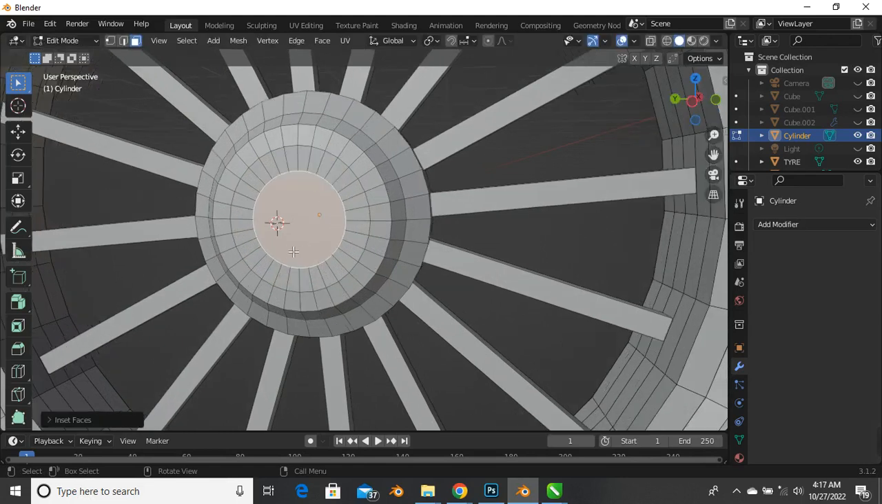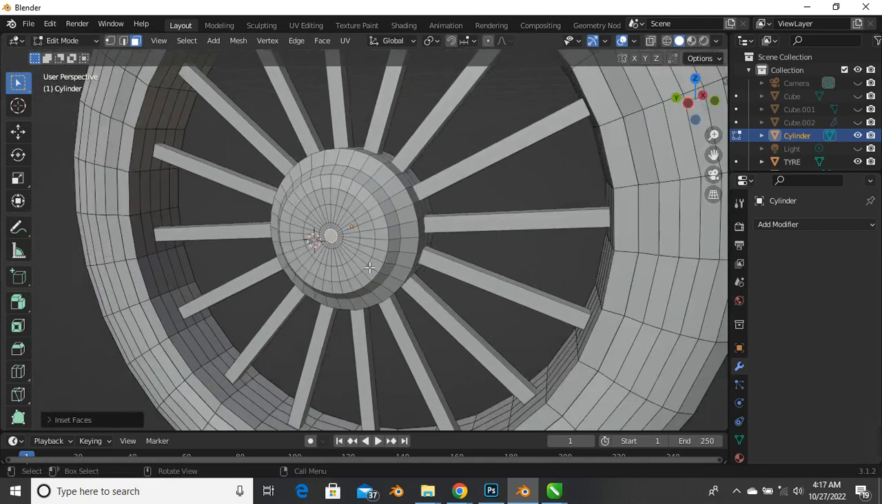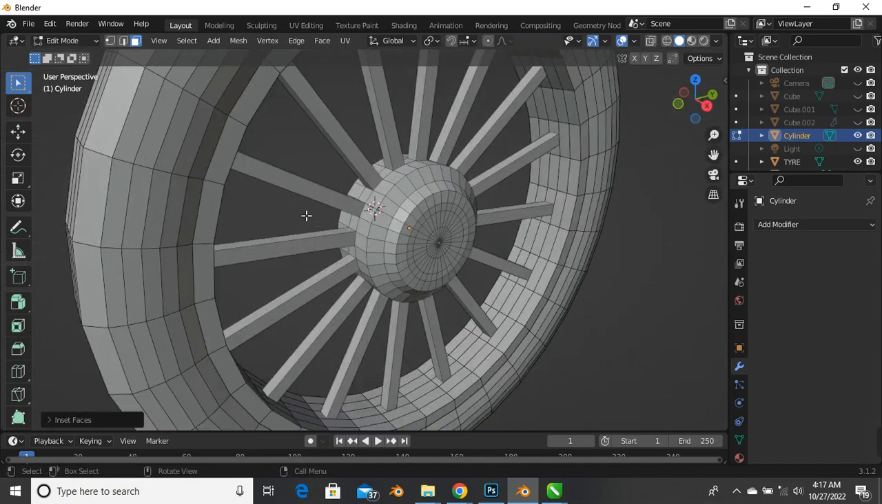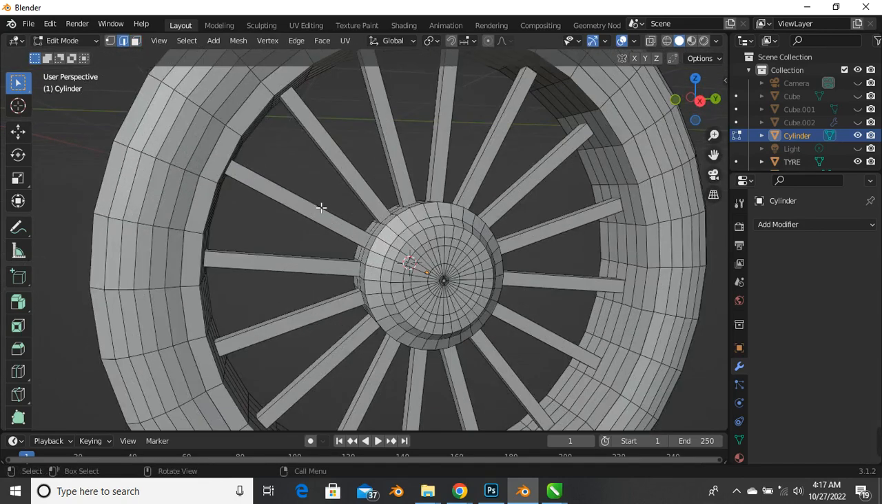again, and say I again and push inwards, and let's close it one more time. I that, and now let's go to our edge selection, E for edge selection. I want us to add